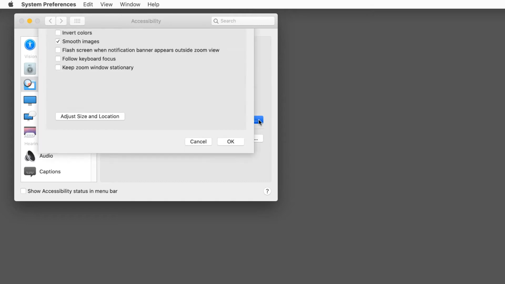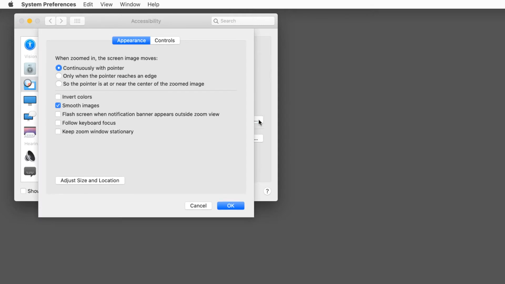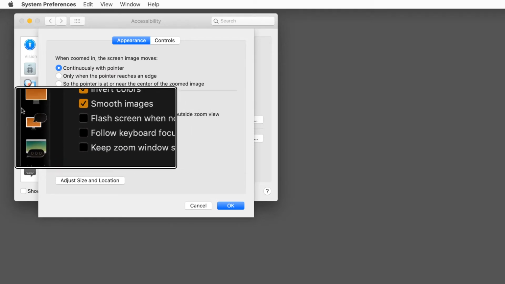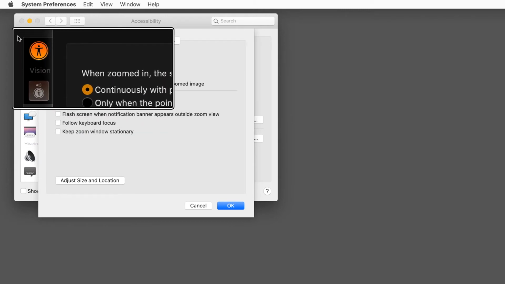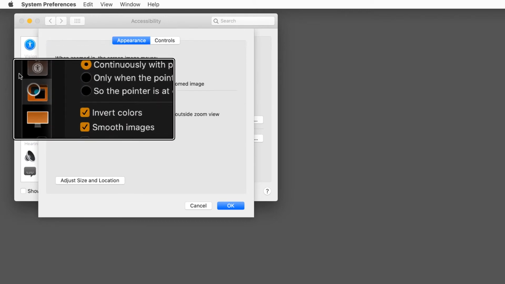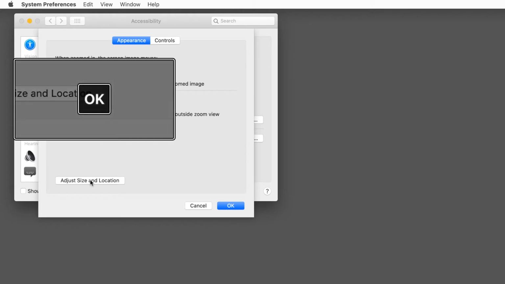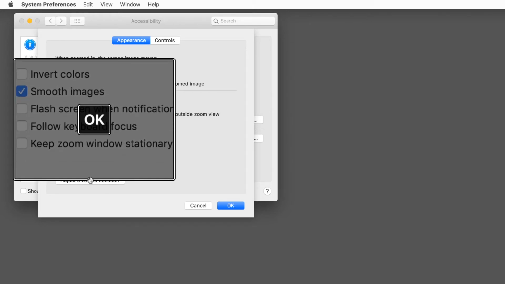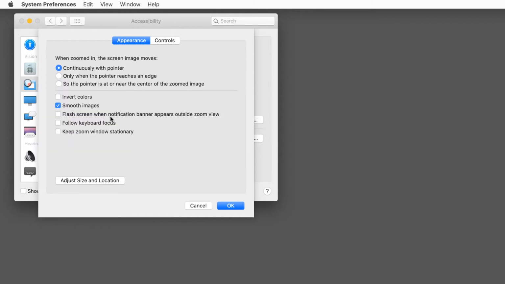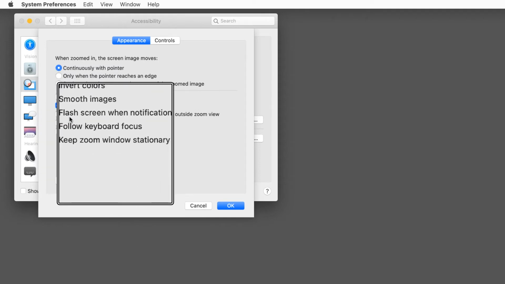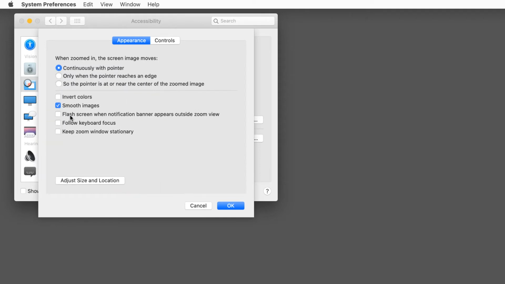The advanced parameters allow many more parameters of the zoom function to be configured. We will look at two possible configuration options. The first inverts the colors in the zoom area, which can help if you have problems seeing colors. The second function offers you the possibility to adjust the size and location of the area to be zoomed. Feel free to experiment with the other options if they can enhance your user experience.